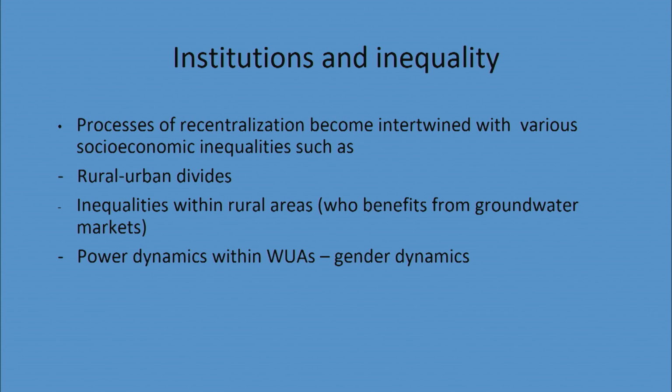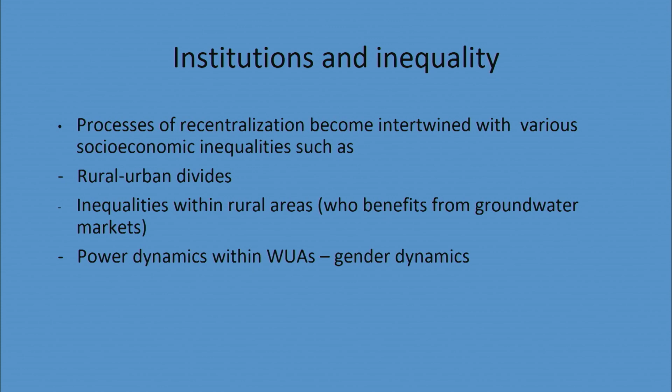And so technically it was doing really well with the regulatory reform within the city of Chennai, but it had license to basically engage in the over-extraction of groundwater in the rest of the state. And a lot of this involves negotiating with farmers, sometimes pressuring farmers to pump groundwater and sell it through groundwater markets. So what this does then in terms of inequality is that processes of re-centralization become intertwined with various socioeconomic